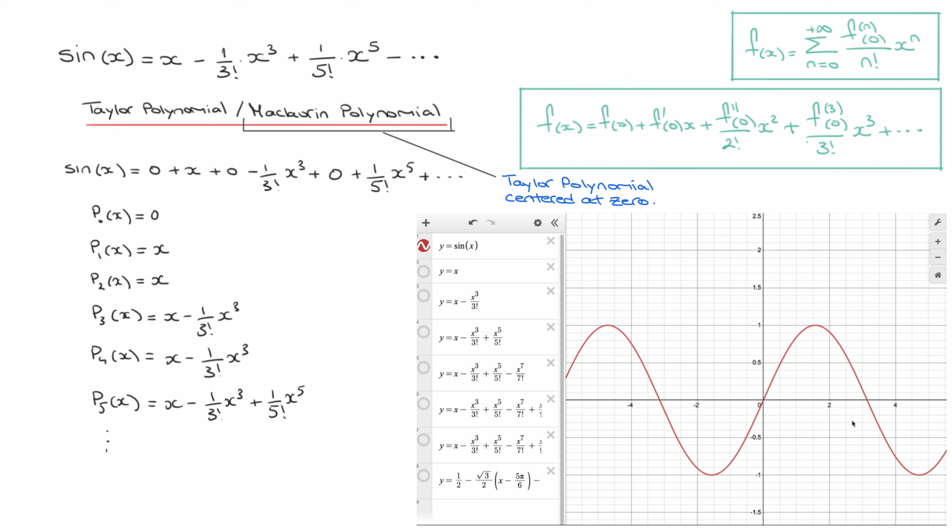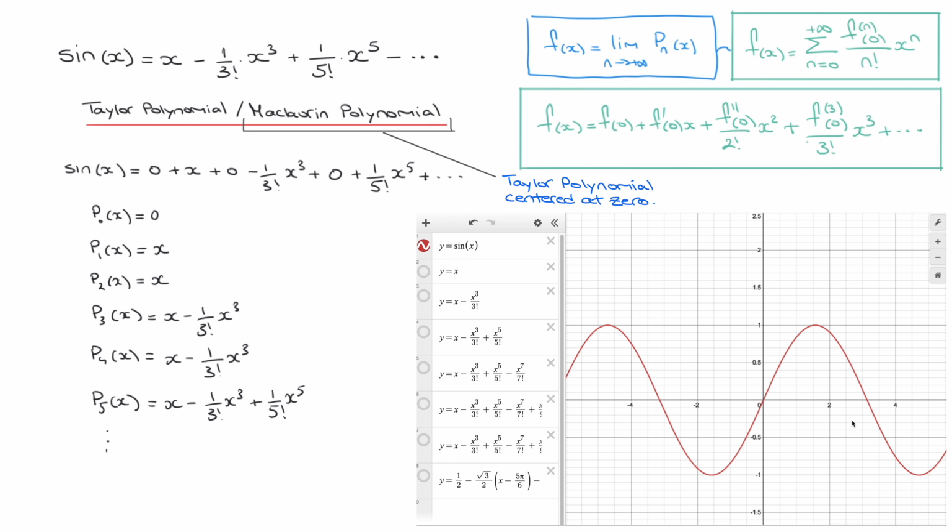And hopefully it's clear now that we know what a Taylor or Maclaurin polynomial is. If we wanted to, we could go ahead and rewrite this infinite sum and state that f of x is equal to the limit, as n tends towards positive infinity, of p sub n of x. And I'll go ahead and box that result. There we go. In other words, as n tends towards positive infinity, the partial sum that we have from the terms of our series will turn into the infinite sum that we see here with the 3 dots at the